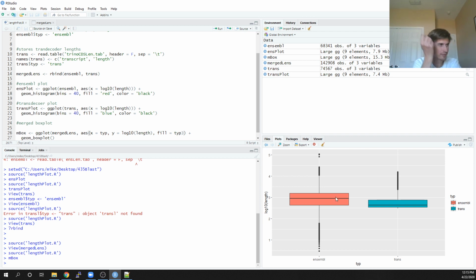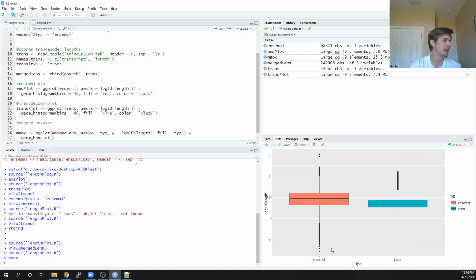This isn't terrible. This isn't necessarily terrible. So we can see my distribution. So this is the distribution from the ensemble links, and this is the distribution of my transdecoder links. So one thing that transdecoder does is that, by default, it will remove any sequence that's shorter than 100 nucleotides. I think we set it to 300 amino acids or 100 amino acids, so that's 300 bases. So we won't see any sequence shorter than 300 bases in our transdecoder output,